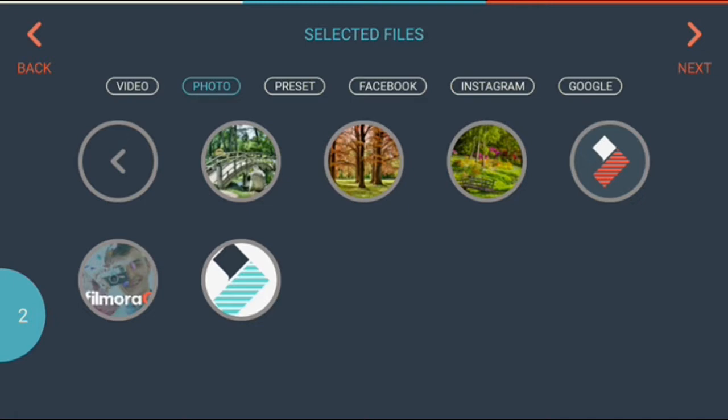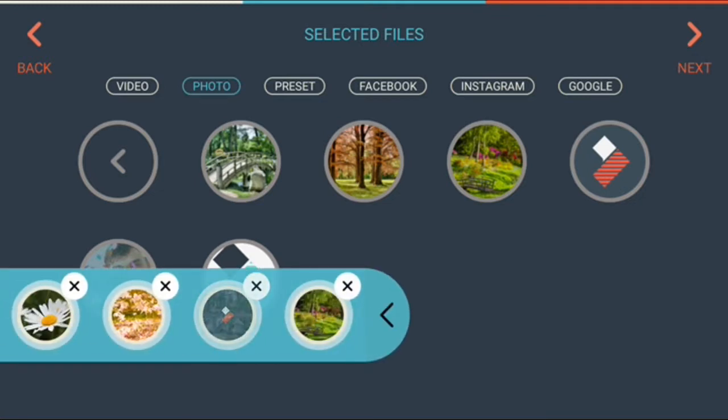From this I will be selecting two files. First file I have selected and second file I have selected. These two photos contain the bridges in the park. Now expanding the project shows the four files. Two are video clips and two are photo clips.